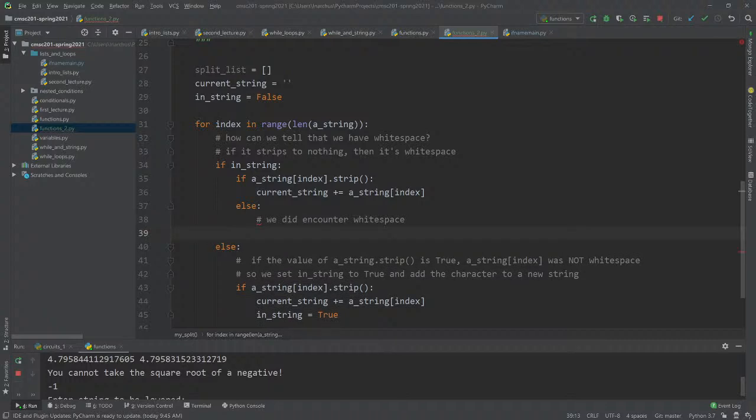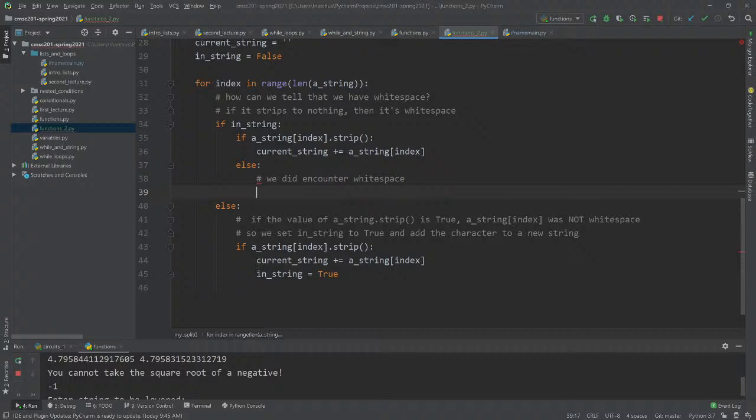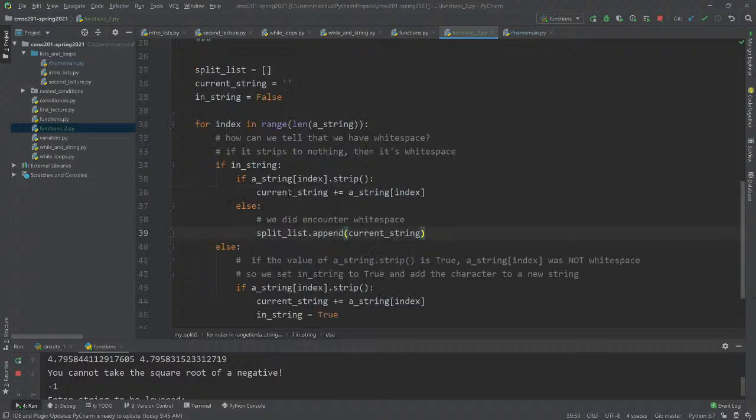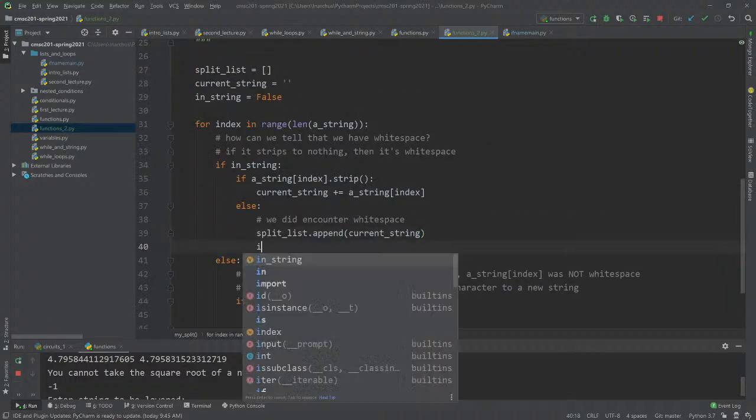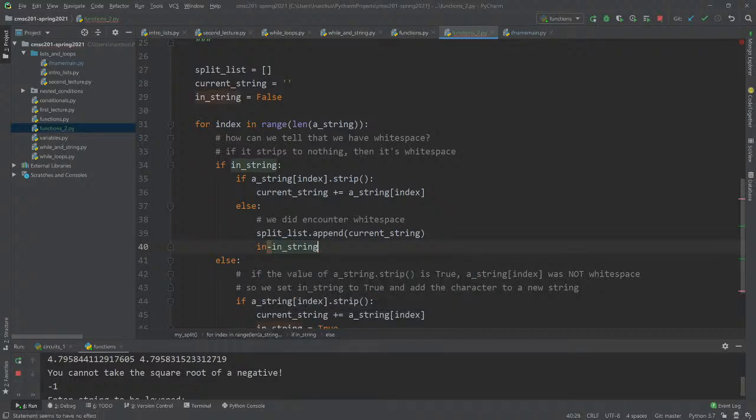So what we're going to do there is what? I don't know. We'll add the string. So we'll say split list dot append, and we'll append the current string, something like that. And then we'll set in string to false.